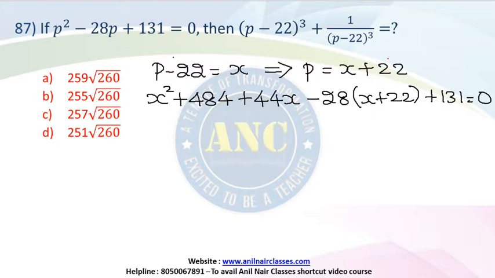Yes, I know the value of 22 square, so I wrote it as 484, but probably not many students will know the value of 22 square, which actually you need to know. That is one complexity. And the second thing is 28 into 22, a slightly bigger multiplication, and once you multiply you should also add 131. So this method I applied, putting p value as x plus 22, I applied